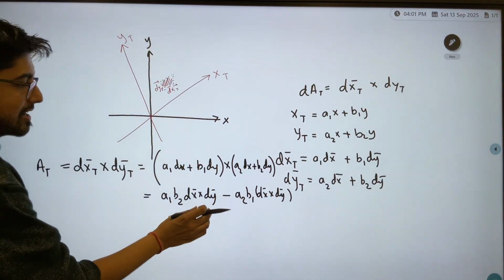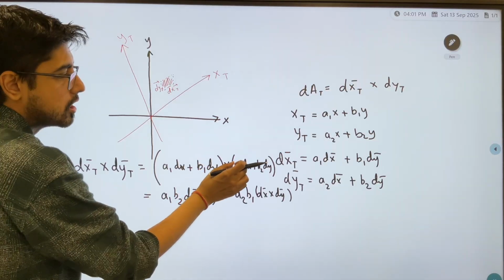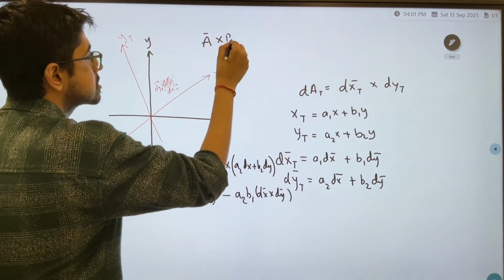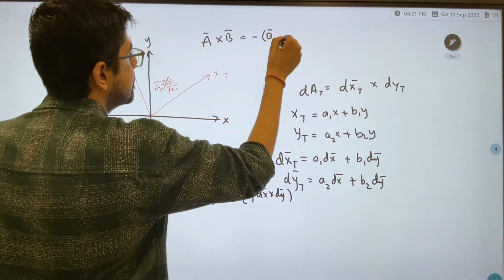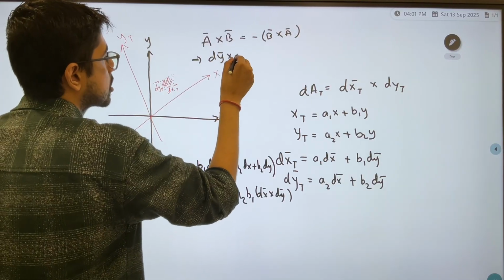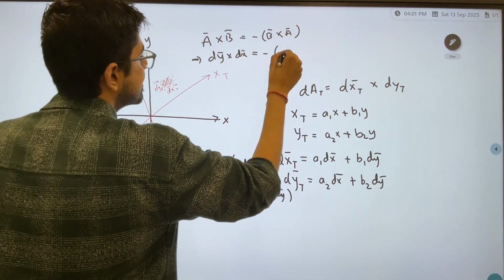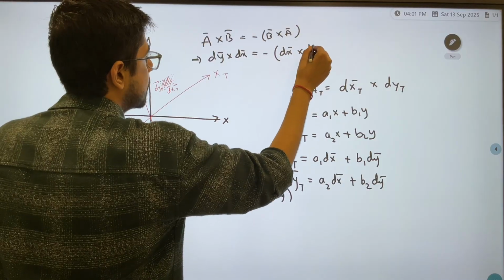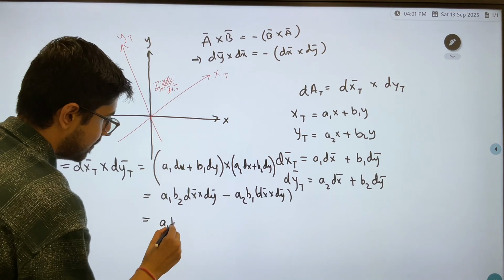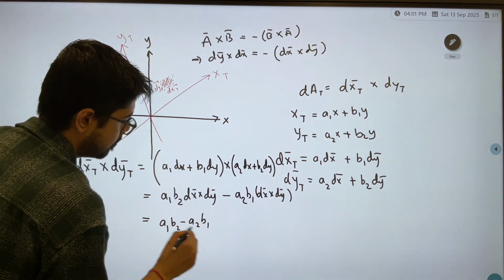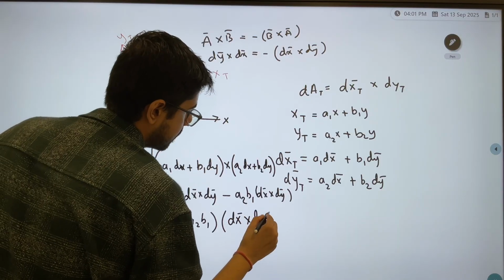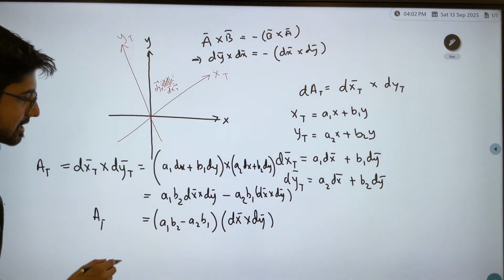minus a2 b1 dx cross dy. That became a minus sign because I have b1 dy cross a2 dx, and we also know a bar cross b bar is minus of b bar cross a bar. So this will give you dy cross dx is minus of dx cross dy, and that minus sign is what I have brought, which is equal to a1 b2 minus a2 b1 into dx cross dy is A transform, and